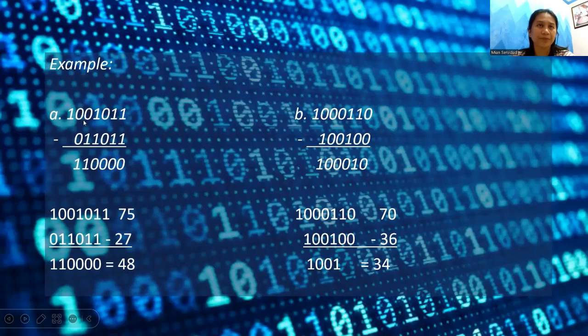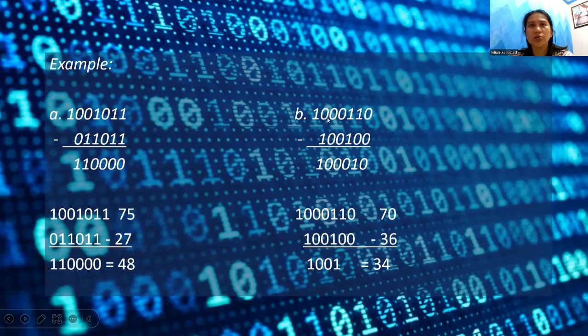Since binary has a base of 2, 2 minus 1 is equal to 1. And this one comes to 1, since we borrowed 1 from the left side, so it becomes 2 less. And then we borrow from the next one. The decimal value of 1001011 is 75, and 11011 is 27. So 75 less 27 becomes 48. So the answer is C.